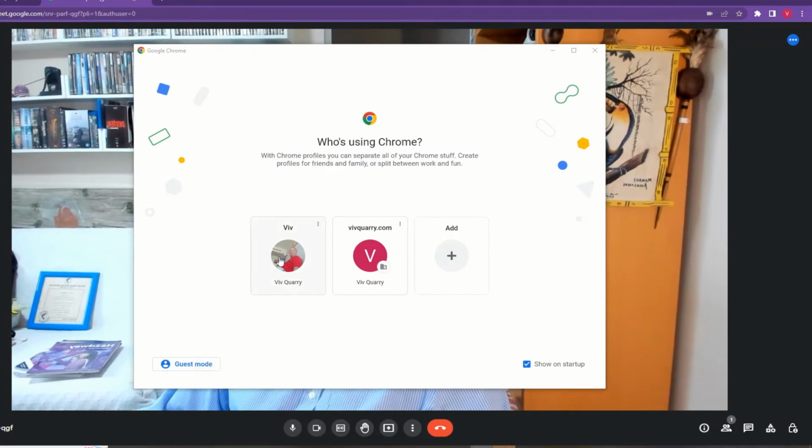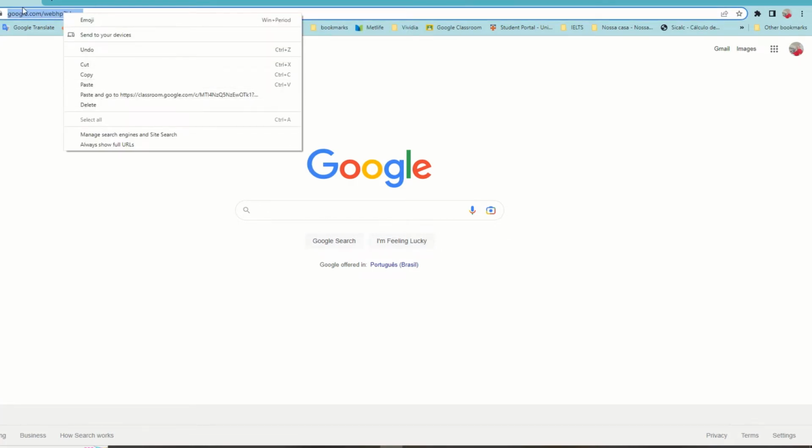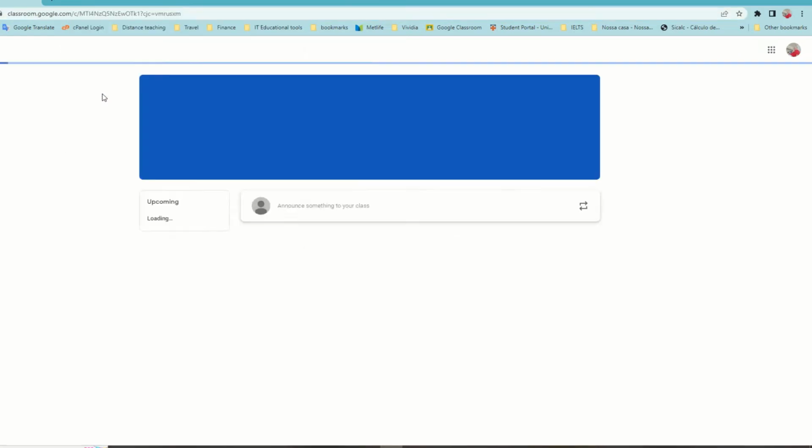And then you open up Google Chrome. If you're using a Windows computer, you click on the Google Chrome symbol. If you're using an Apple-based computer, you will need to open the Google Classroom app and download that app from the App Store. And here you will now paste this link into the address bar at the top of your Google Chrome screen, and it says here 'Paste and go to', and then it has the link that I have just copied. Okay, so I'm going to click that here,